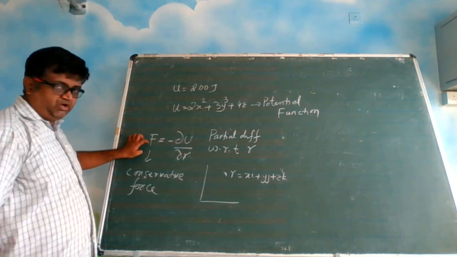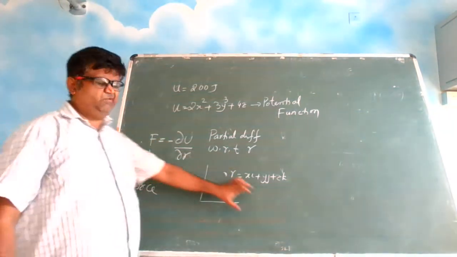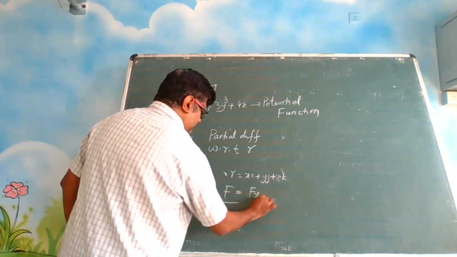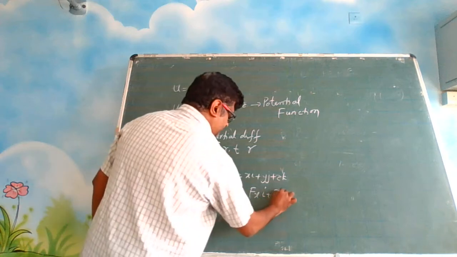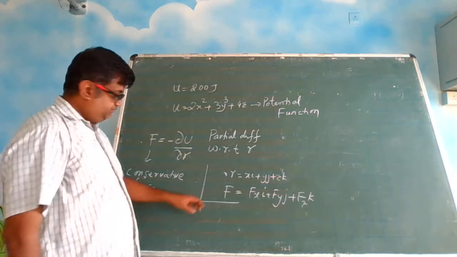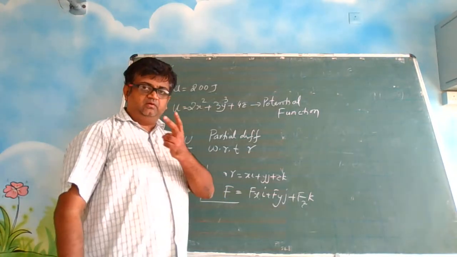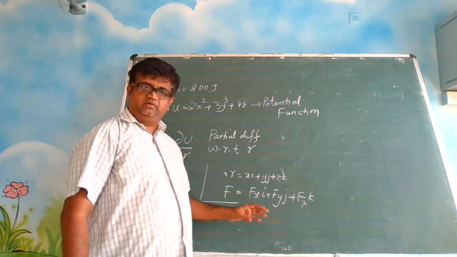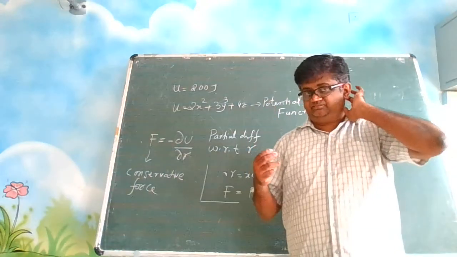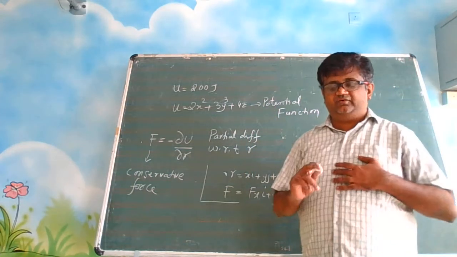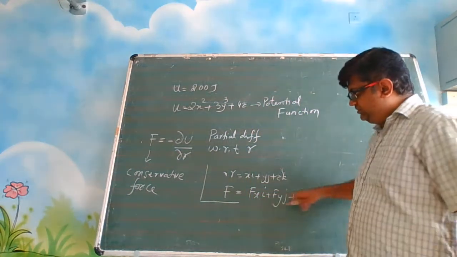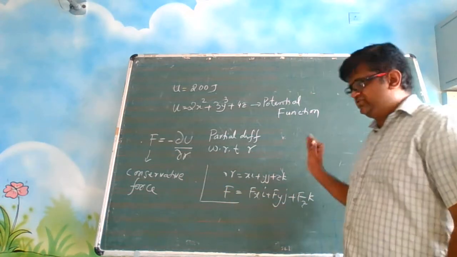So here the force also, what we are going to get, it will have all three components. Okay, so we are going to get a force which is in this format: Fxi, Fyj and Fzk. This is the total force. So this is a three-dimensional vector. In the plane motion, what we have seen? We have seen Fx and Fy. Fx and Fy means components of F force in the x direction, in the y direction. Here you have three. So all these three are like components of this force in that direction.